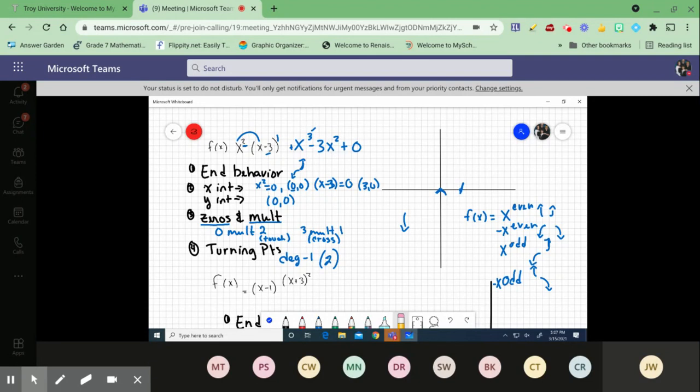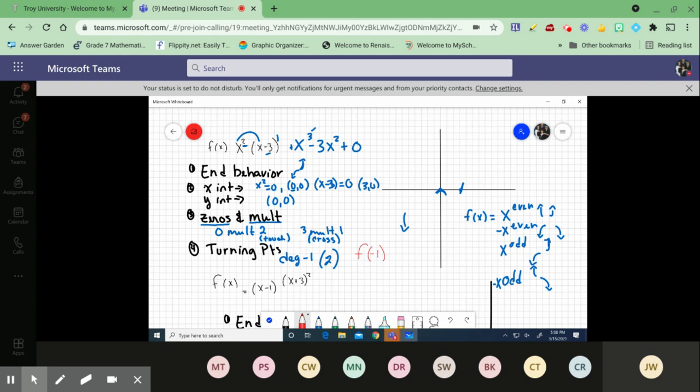I need to get some accuracy on here. So what am I going to do? I am going to find some points outside of the points that I know. I want something after this 0, 0, and before that 3, and after that 3. I'm going to get in between these points that I already have so I can fill in my graph. So I have 0. That means I'm going to find what is